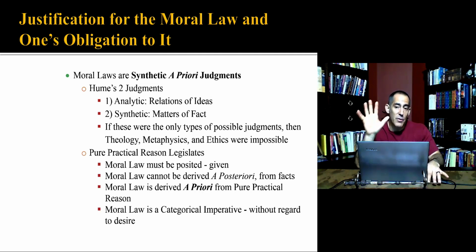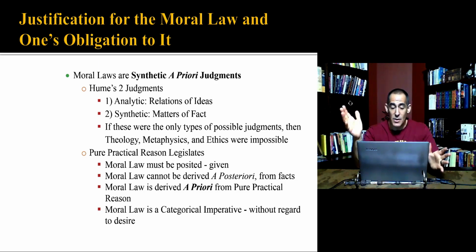David Hume, who we've seen before when we studied logical positivism, for instance, way in the very beginning of the course, we said there are two different types of judgments that you can have, or two different types of statements, ultimately, that are going to have meaning. You have those that are analytic, which are a relation of ideas, and then you've got those that are synthetic, which we might call matters of fact. And if these are the only two possible types of judgment, then, of course, areas like theology, metaphysics, and ethics would be impossible. That was one of the problems of logical positivism. It cuts off the possibility of having any kind of meaningful moral and ethical statements.